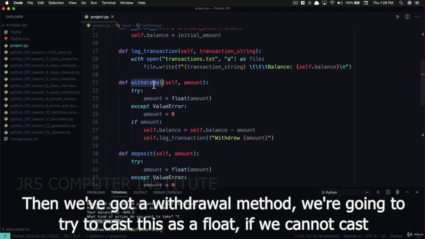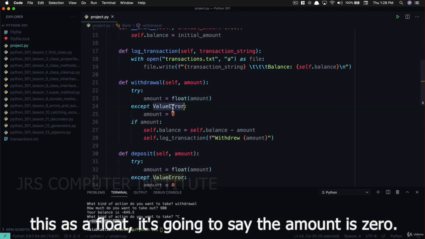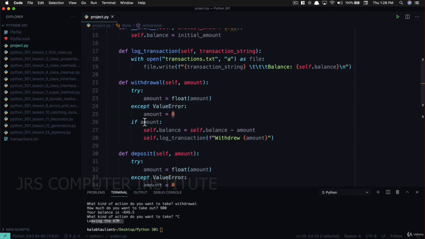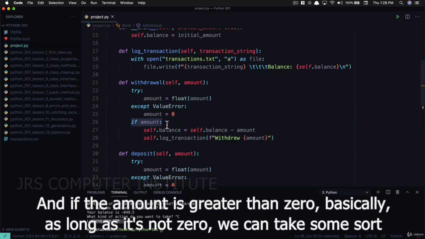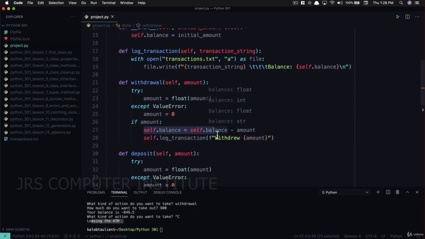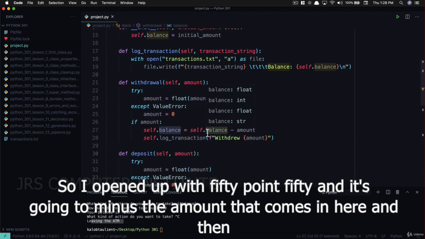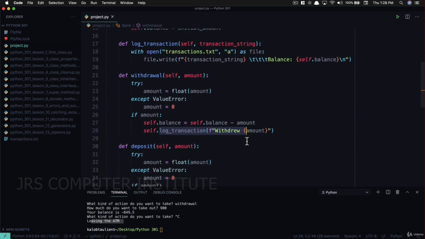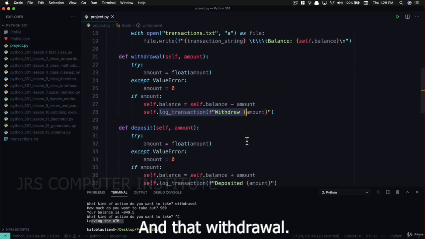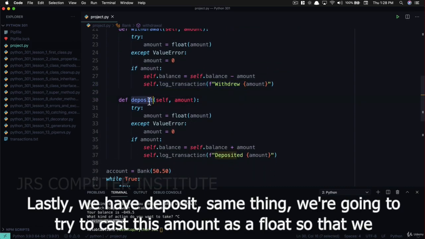Then we've got a withdrawal method. We're going to try to cast this as a float. If we cannot cast this as a float, it's going to say the amount is 0. And if the amount is greater than 0, basically as long as it's not 0, we can take some sort of action. We're going to automatically change that balance from whatever it currently was. So I opened up with 50.50, and it's going to minus the amount that comes in here. And then we're going to log that amount